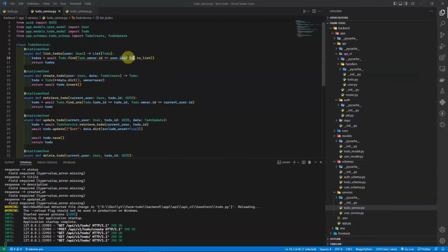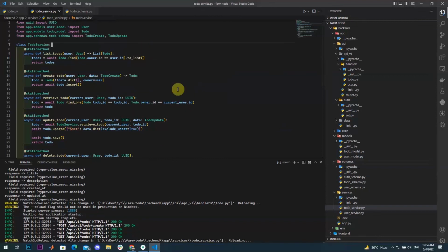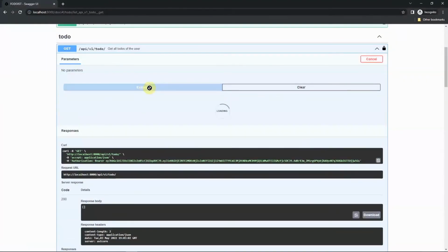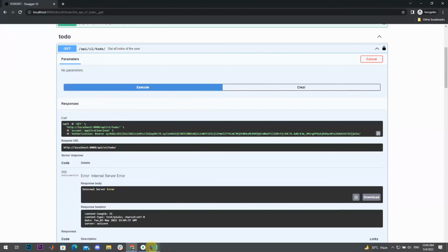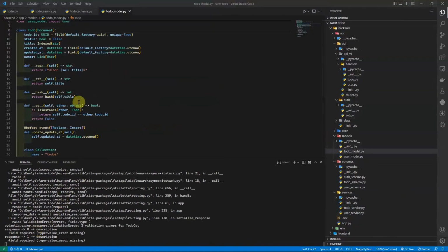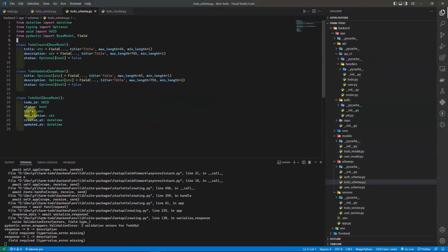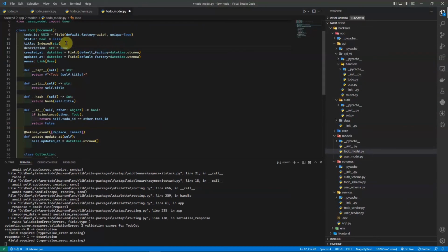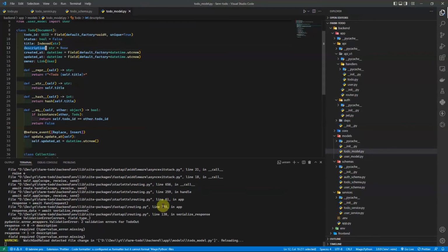Oh, so here's the problem. We need to compare IDs with IDs, not user ID. So instead of user.user_id, we need to say user.id. Now it should return the todos of the currently logged in user. Now what the error is. Okay, so the problem is the out model has this description, and we don't have description in our actual database model. So we need to include it here. So now it will give us error